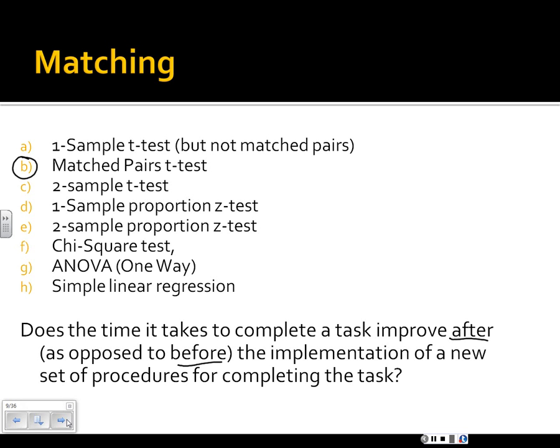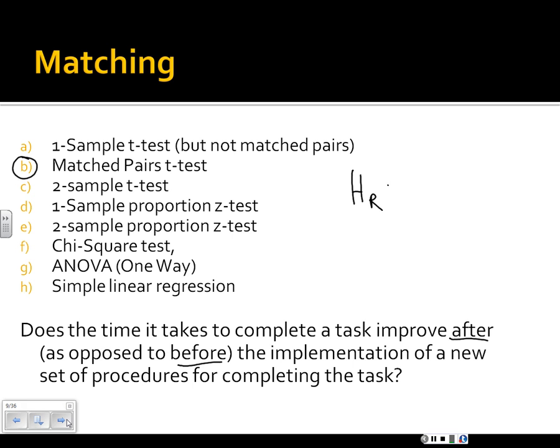Matched pairs. Make sure on the matched pairs, I noticed I've been looking at some of the retake exams, and I'm getting quite a bit of hypotheses, research hypotheses, that say mu A greater than mu B. But there's only one sample. That means there's going to be one mean. So in the matched pairs,